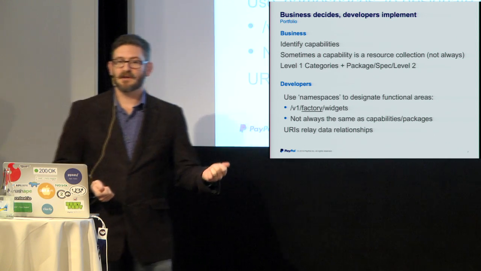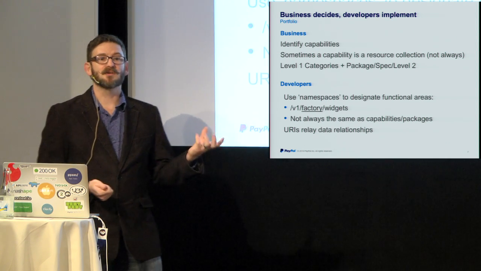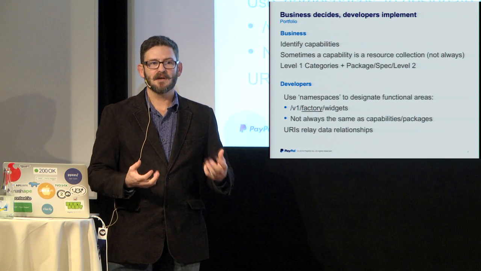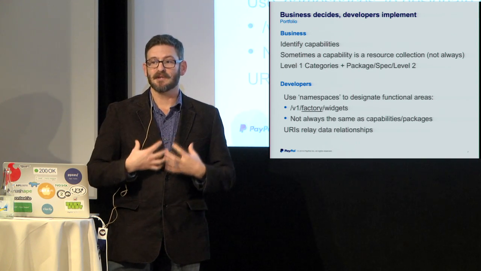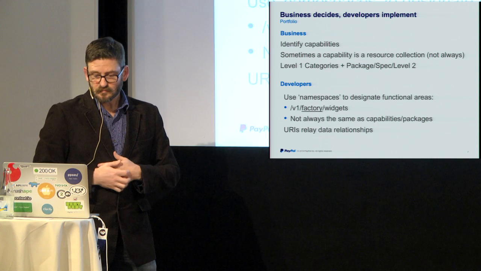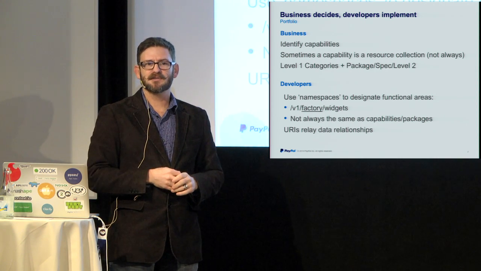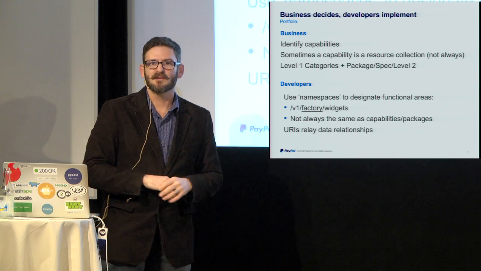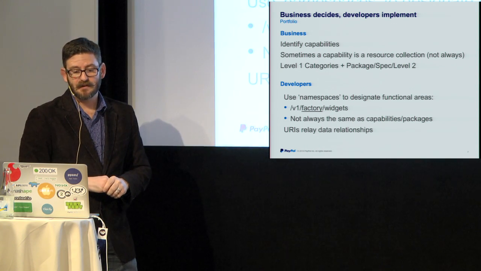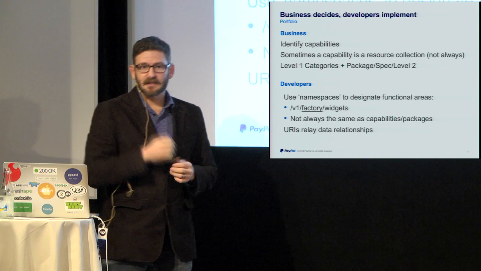So for us, we refer to the business side of this as capabilities. That's all the business cares about. What are you going to make me capable of doing if I use your API? And of course, within that, there's some kind of categorization and packaging concepts of breaking that down into some subcategories, essentially. And for developers, they don't necessarily care about that.